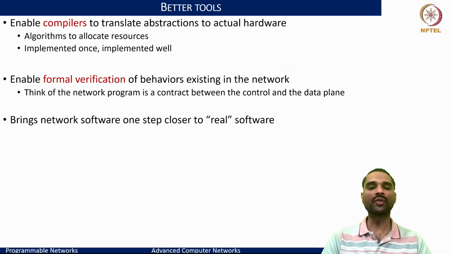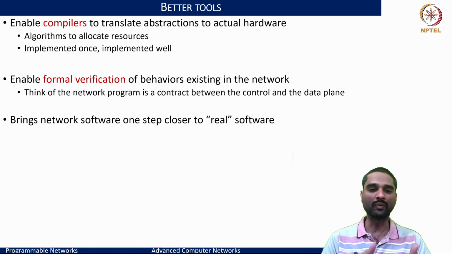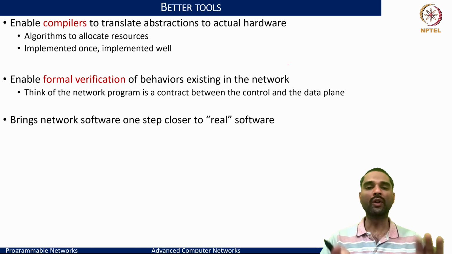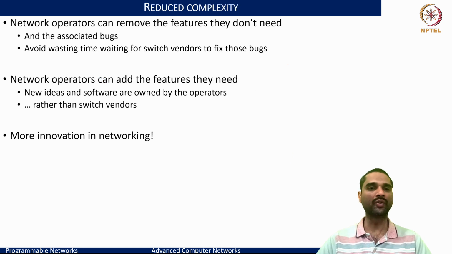And this brings us closer to saying, okay, we are now interacting not with a network as a hardware, but network as a software that is being programmed and able to provide the agility of how things can be brought into the networks. And this would readily help minimize the complexity for many of the network operators, for any of the features that they would want to bring in, any of the bugs that they would have to track or debug. All of this can now become much easier to handle.